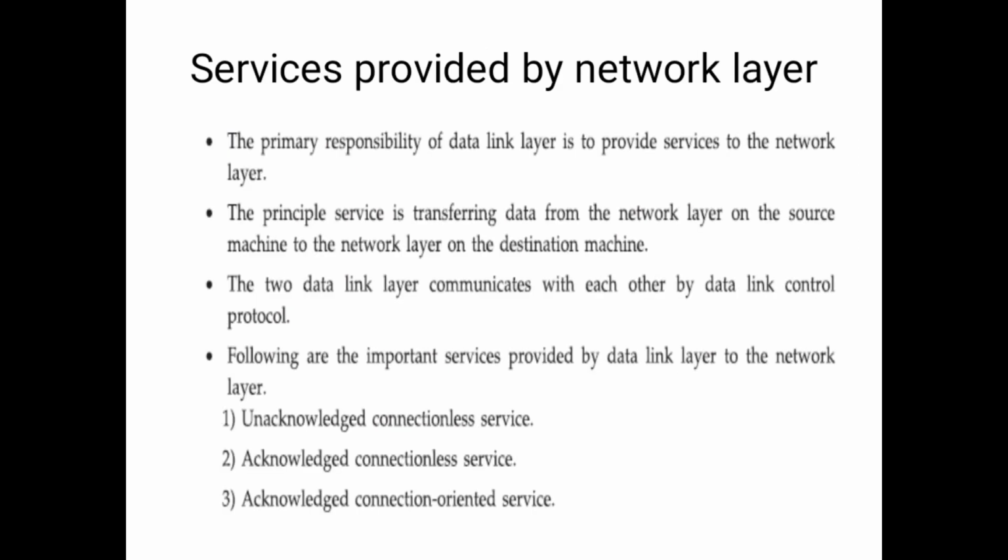Service provided by the network layer. The network layer provides certain services: unacknowledged connectionless service, acknowledged connectionless service, and acknowledged connection-oriented service. Connection-oriented service provides a fixed connection. The connectionless service doesn't have a physical connection. And acknowledgement is the